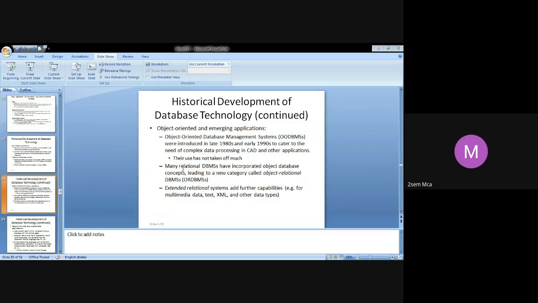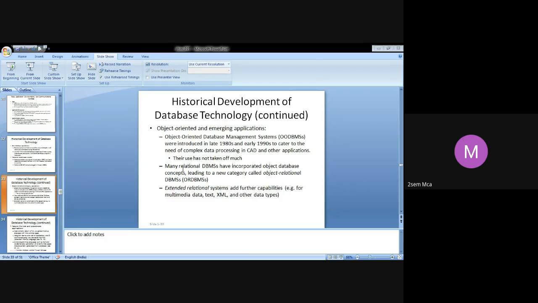Next, after relational databases came object-oriented applications and the need for more complex databases. The moment object-oriented databases came in, initially they were a big competitor for relational databases. But what was the important add-on when it came to object-oriented databases?